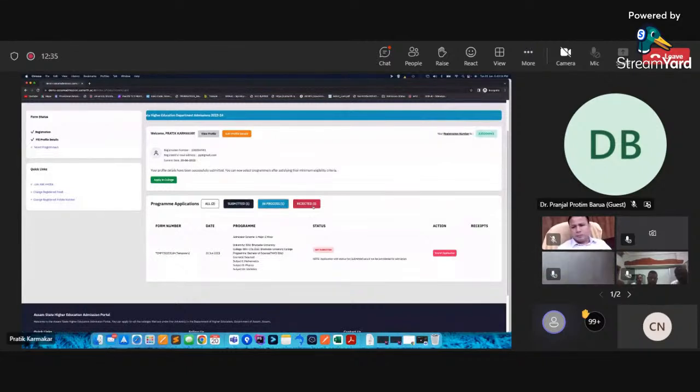Now I'm showing you how the profile details would be enabled. When the applicant logs into the dashboard, they will get the edit profile button. Once the applicant clicks on this particular button,